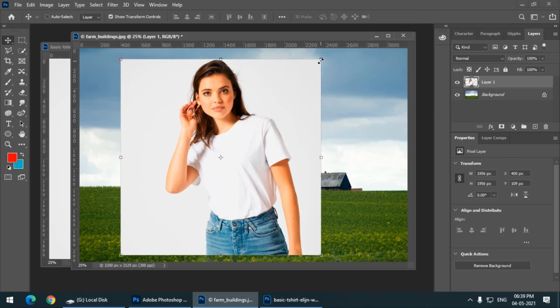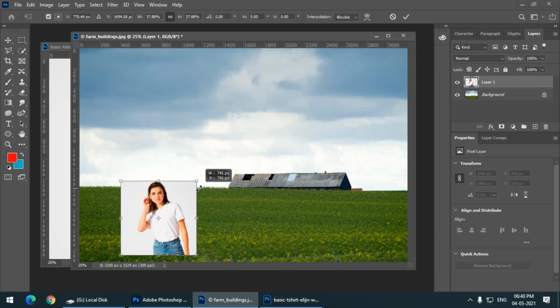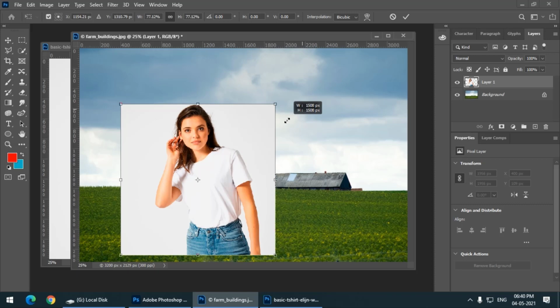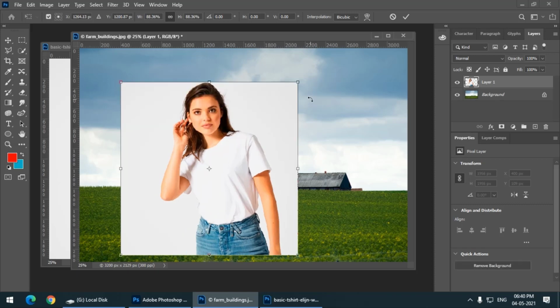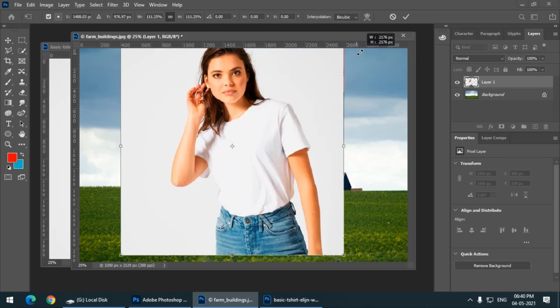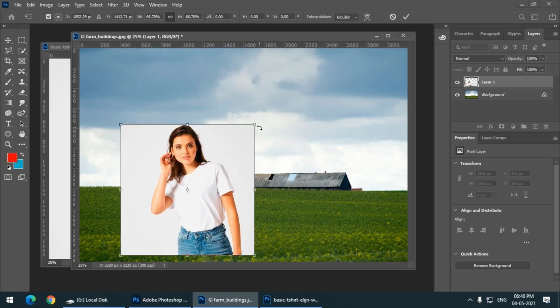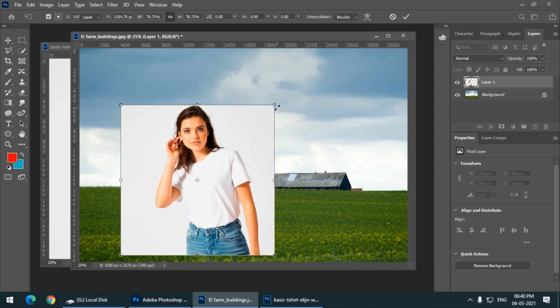So I'm using the 2020 version again. I have mentioned this before. If you are using the 2018 version or older, anything before the 2019 version of Photoshop, if you want to resize any image proportionally, you had to press and hold the Shift key. But from 2019 onwards, you don't have to press Shift. You can simply move your mouse by left clicking on it, and it will be resized proportionally. So I'll again press Enter.